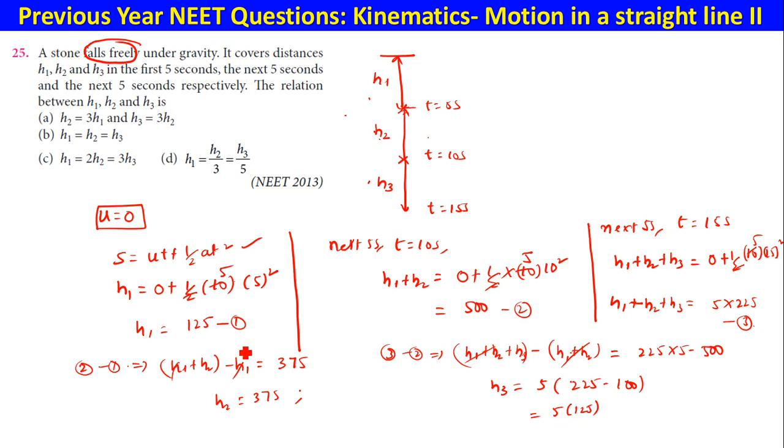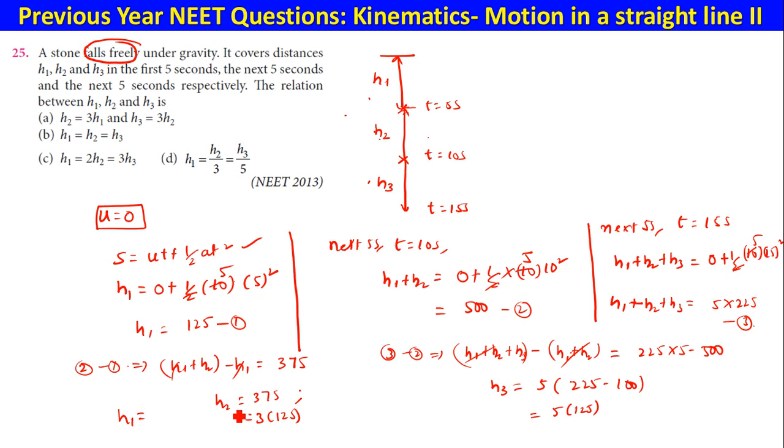Just let us keep all of them in this fashion now. So 125 2s are 250, 125 3s are 375. So let me write it as 125 into 3. Okay, so if you look at these ratios, I mean h1